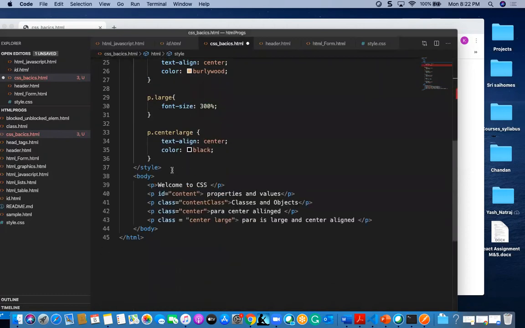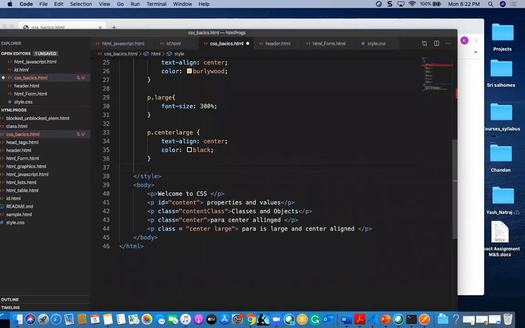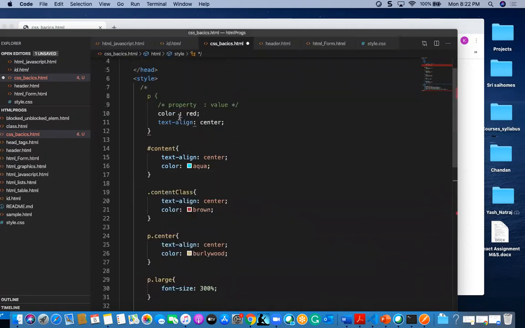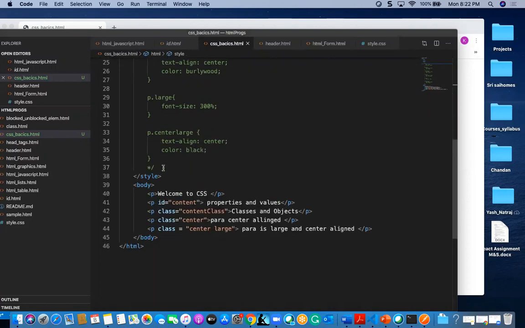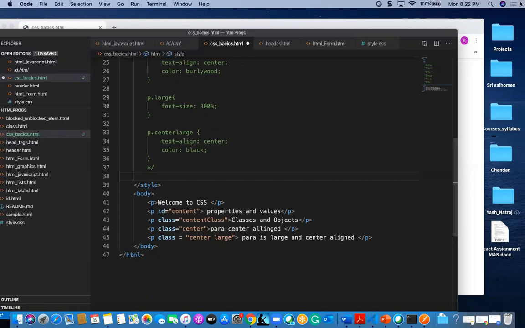So for example, I am going to take this value, and I just don't want all these styles, but I want to mention some kind of